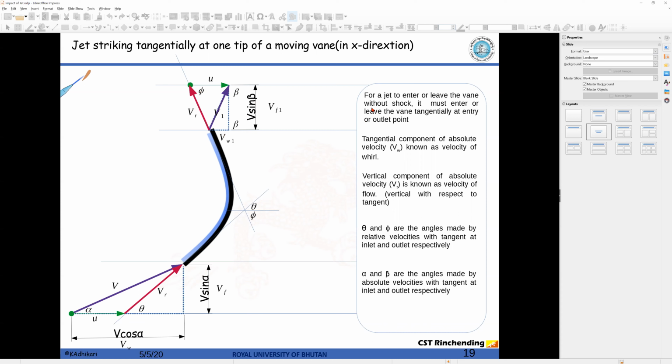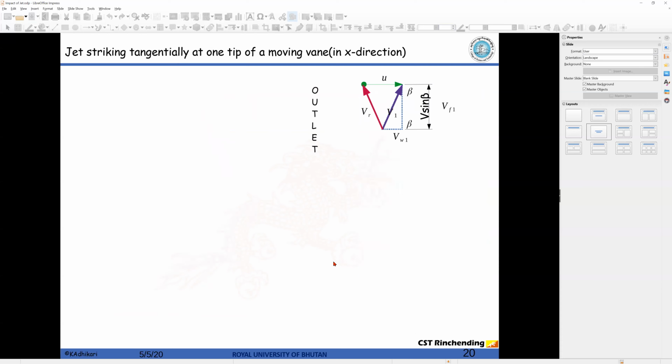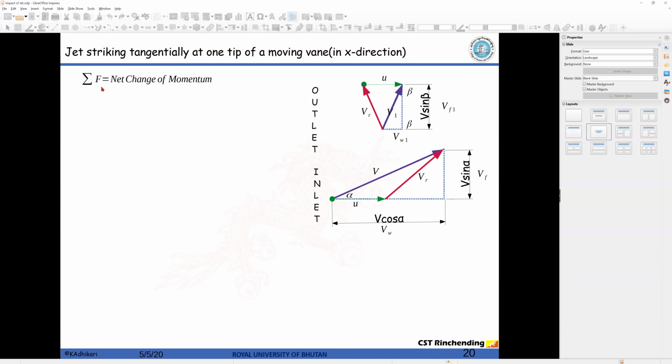So I have defined each and every term here. Please go through this. Okay, VW is the velocity of whirl, which is the x component or the tangential component of the absolute velocity. Likewise, theta and phi are the angles made by the relative velocities with the tangent at inlet and outlet. Further, let's go into analyzing this. We know that the force applied by the jet on the vane is nothing but the change of momentum,